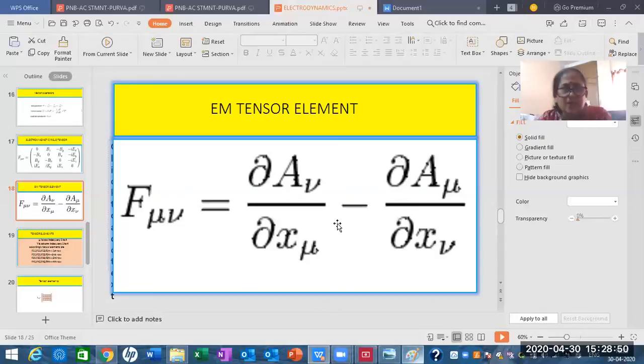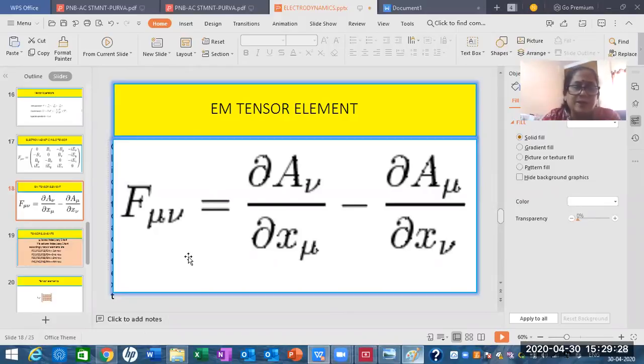Okay, very easy. So next, let us say I will go to the second row, second column. That is 2 2. Okay. Come here. Where is mu? Mu is here. Put 2 and 2 here. So this is ∂x2, ∂A2. Fine. So now come to nu. Nu is the value 2. So this ∂A2, this is ∂x2. Again, these are both negative of each other. So if you add both of them, the value is 0. Okay. So F22 is 0.